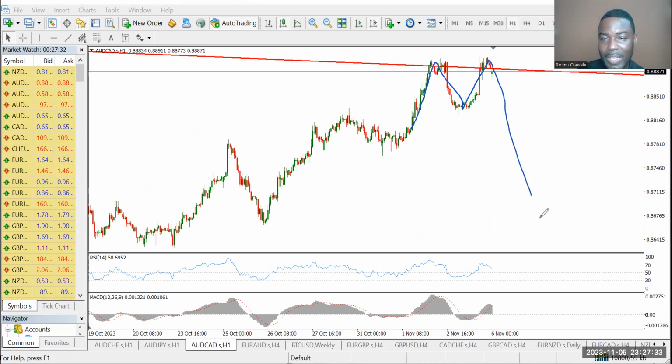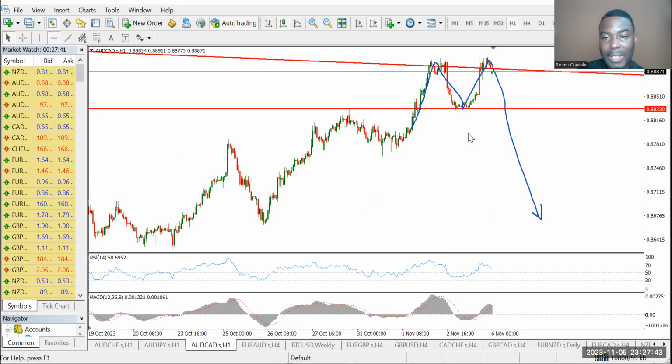So I expect price to break out downwards on this instrument. However, the midpoint here will be the neckline that price needs to break below before a sell trade can be triggered. And we can also draw a valid trend line right here,